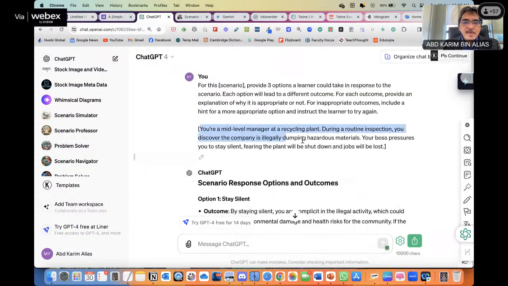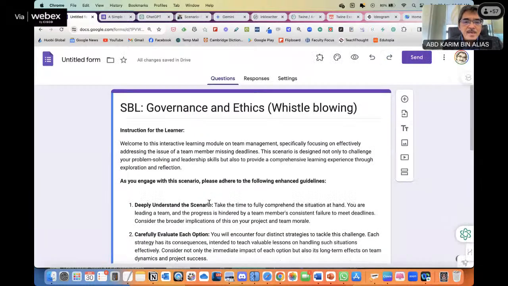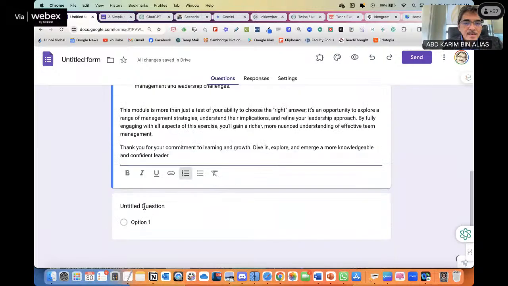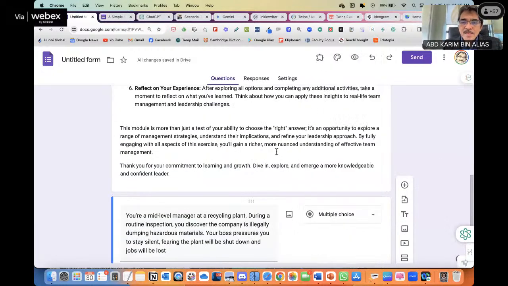This is the scenario. Copy the scenario, and we put it here. And in this case, this is multiple choice type. The default is actually multiple choice.